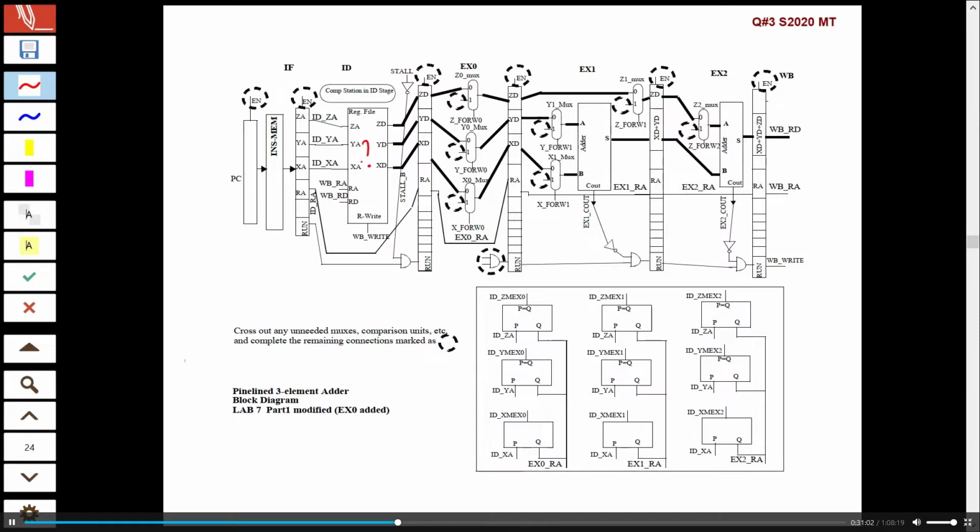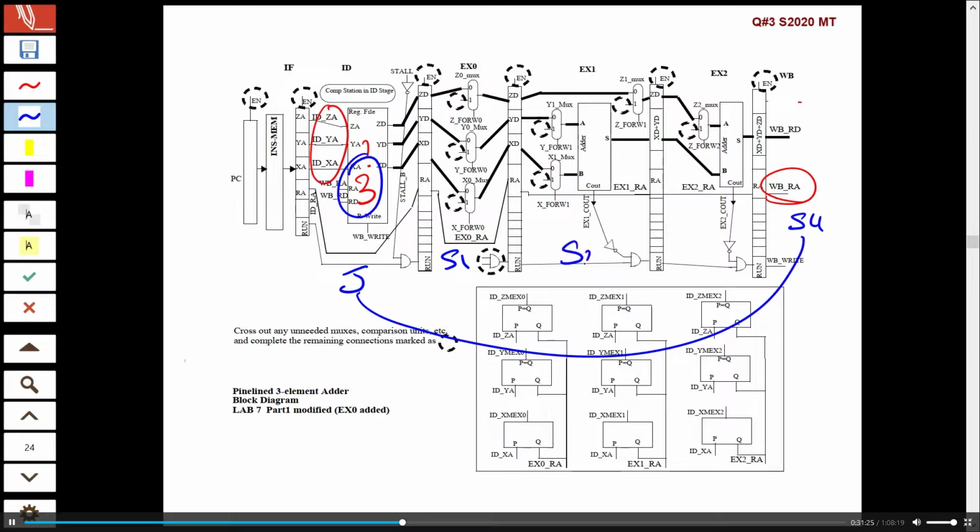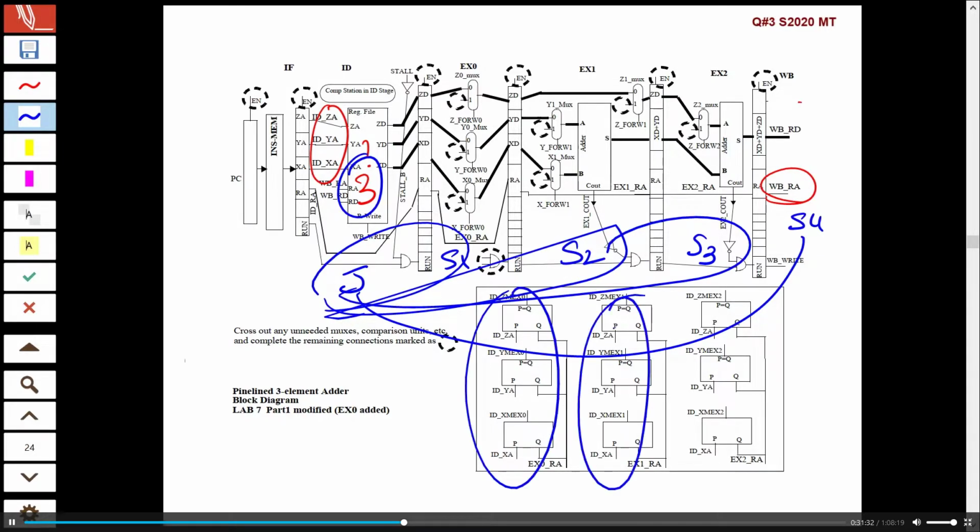How many comparison units? Well, you have three sources compared with one destination of the writer. So three comparison units as before, but while you took care of my senior 4 through this, what about my senior 1? What about my senior 2? What about my senior 3? So three comparisons, three comparisons, and those are those 9 comparison units. Okay,